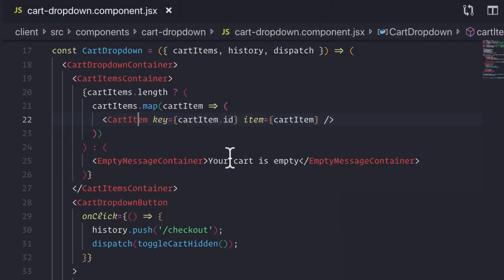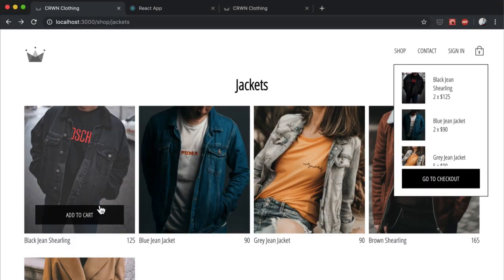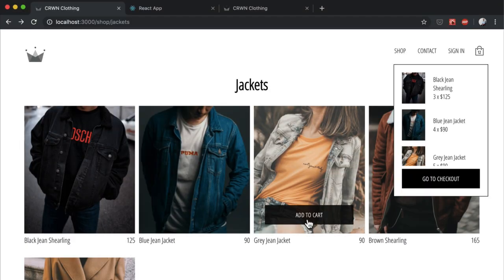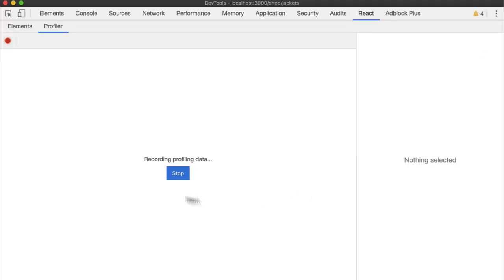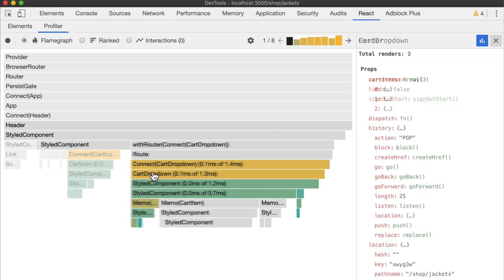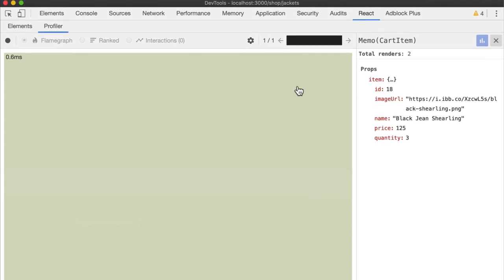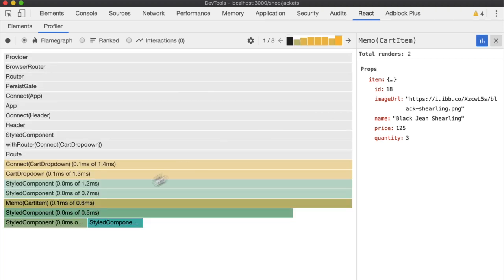If I save this, and now if I go back to my application, and then I start the profiler, and then I add 1 black shearling, 2 blue jackets, and 5 more gray jackets. If we look inside of our header now, and we look inside of our cart dropdown, we'll see that our cart components are getting memoized. But what we'll also see is that we're only rendering them the 1 additional time whenever we added something to it. So here we'll see that our black shearling jacket only added 1 re-render, instead of the possible 7 because